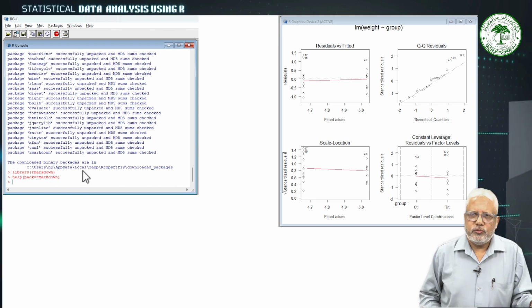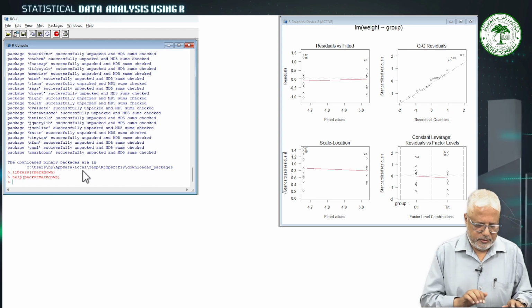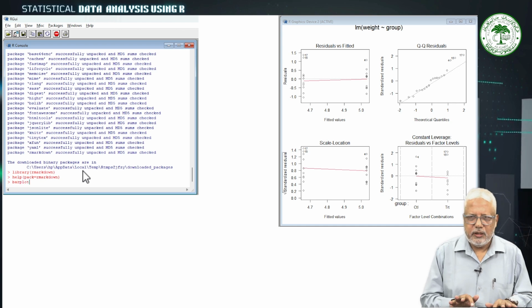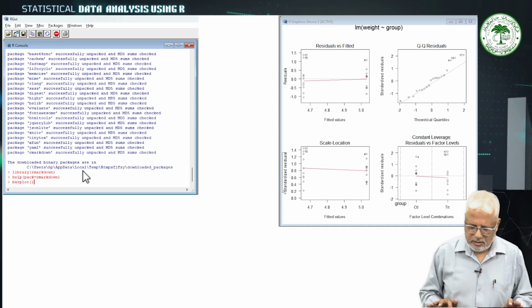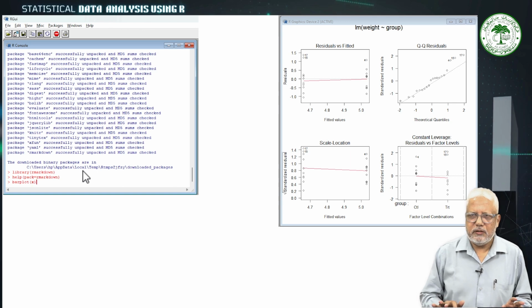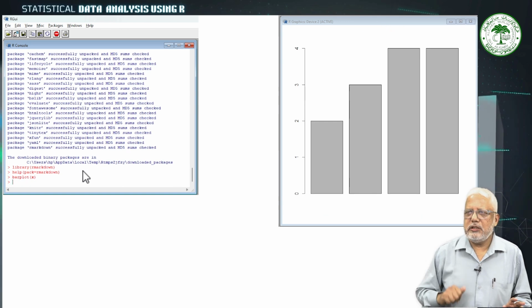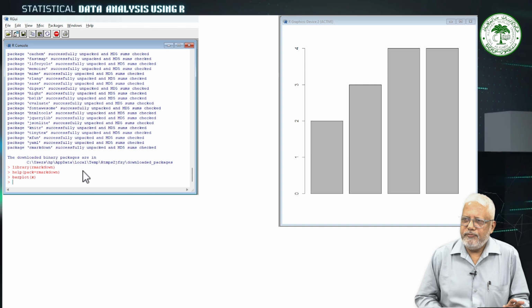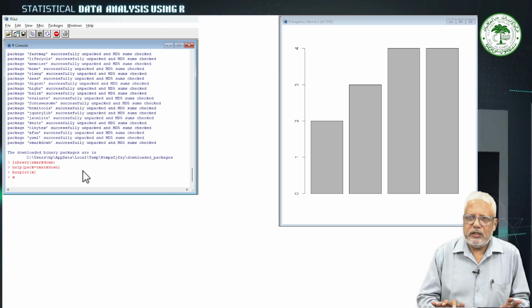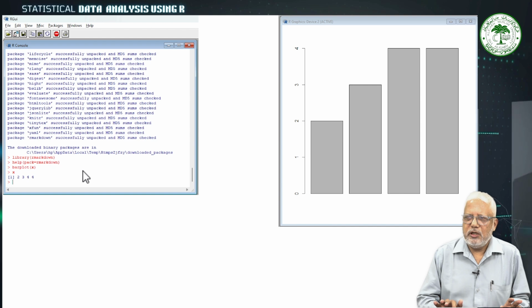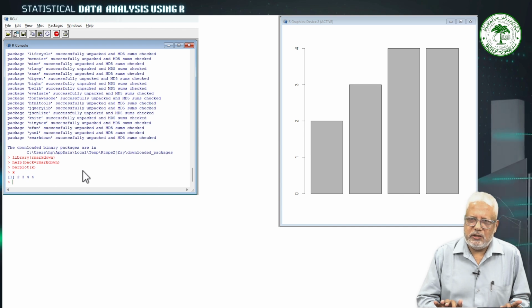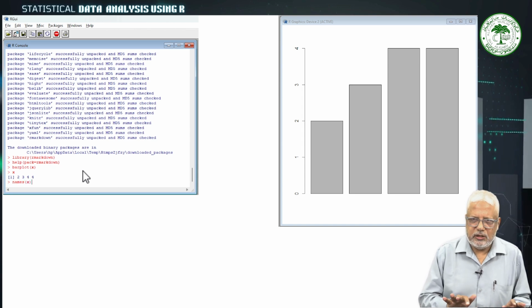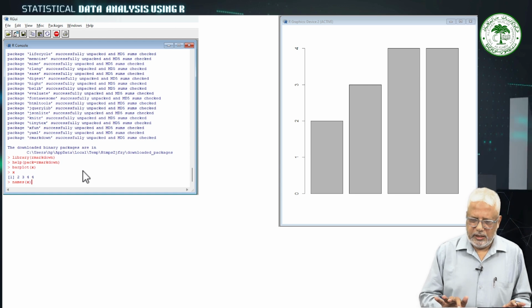Suppose you want to make graphics. So for graphics, the function is barplot of x. See, this is the bar plot, but here it is not labeling any of them because your x vector does not have the names. So to name these, we have to use the function names(x) and then it is equal to,